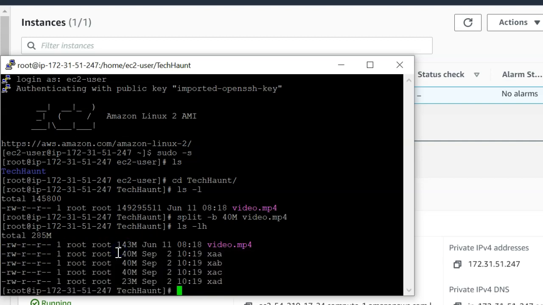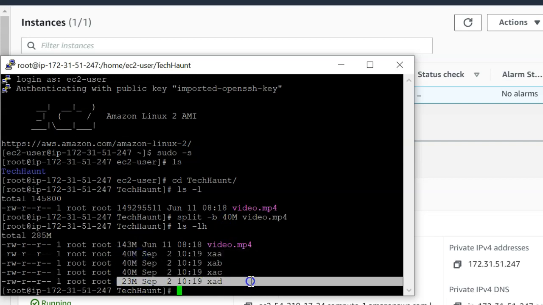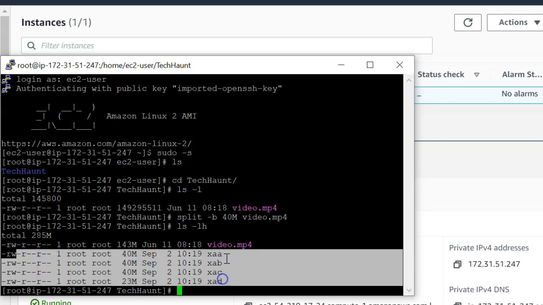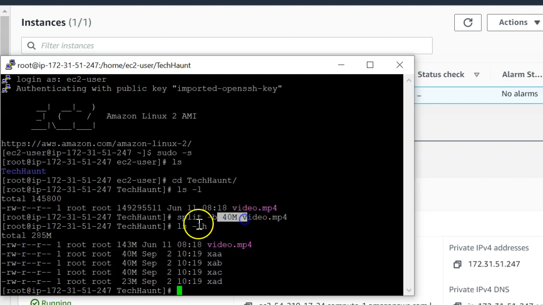If I had selected only 20 MB here, it would create 8 files, 20, 20, 20 each, and the last file is 3 MB only. So it depends on the size of your original file and the byte value you specify here. The chunk files depend basically on this number and on this number.